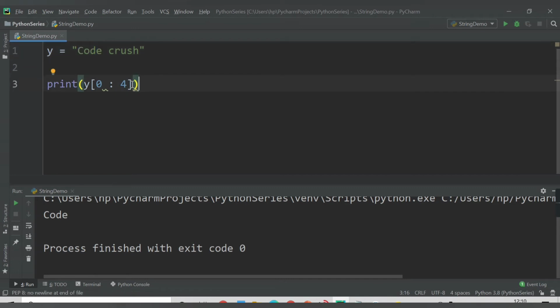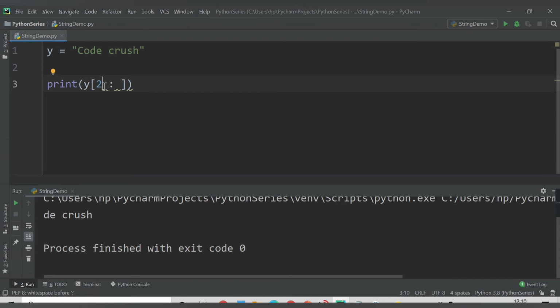So what can we do with this slicing more? You can also provide just the start, and in this case you haven't provided the last index. So it will print all the values starting from the 0 till the end. Let me show you. So see, the entire Code Crush is printed, but what if I enter here 2? Let's say I want from the second position. So this is 0th position, this is first, this is second. So from D it will print till the end. Let me run this. So see, DE is printed and Crush is printed.